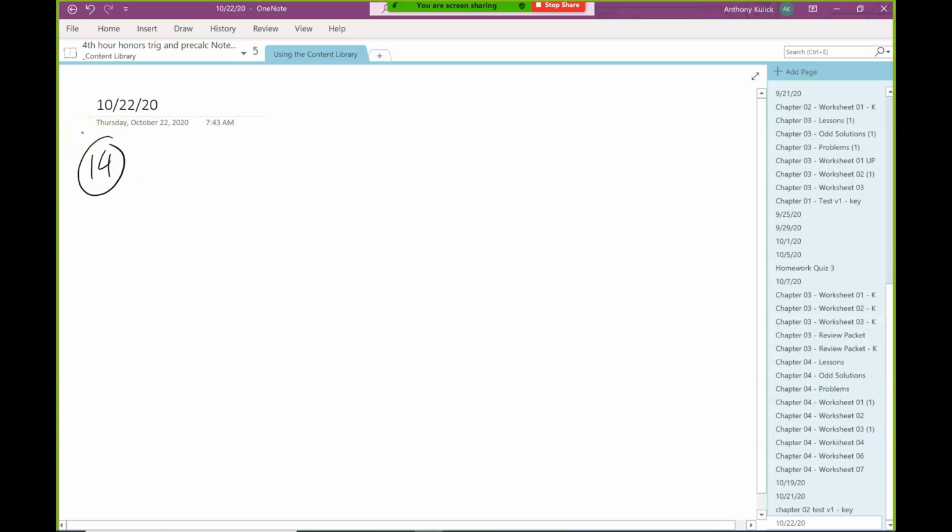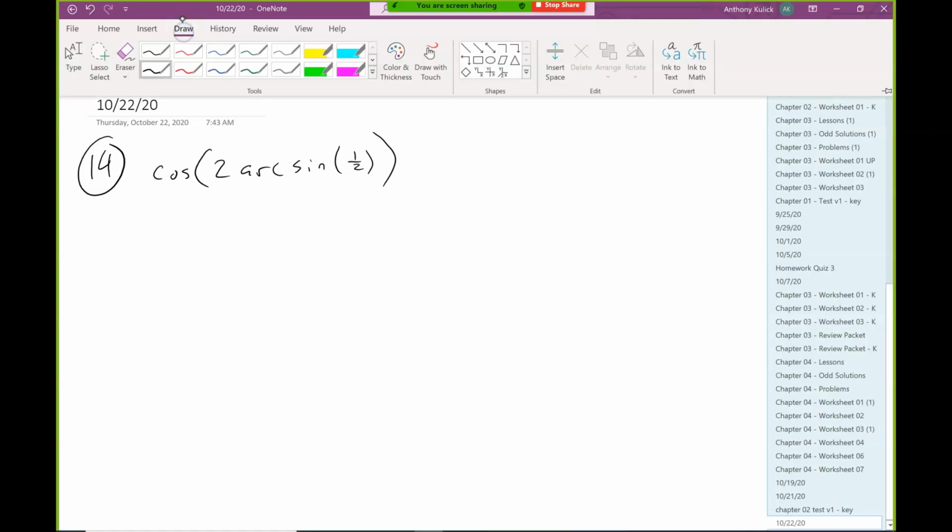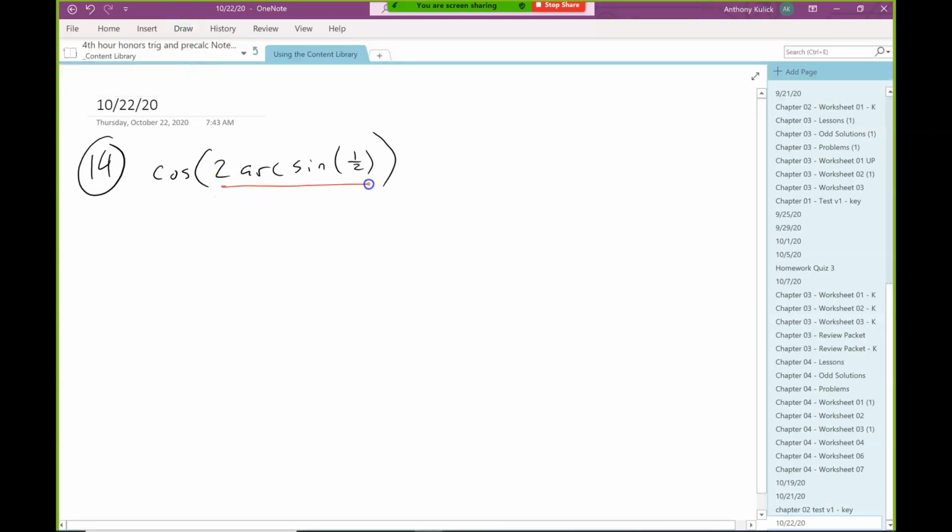So the directions for 14 say find the exact value without using your calculator. And this is cosine of 2 arc sine 1/2. So what I'm going to do is start by focusing on this part, and I'm going to ignore the 2 for a moment. So this is the same thing as saying that